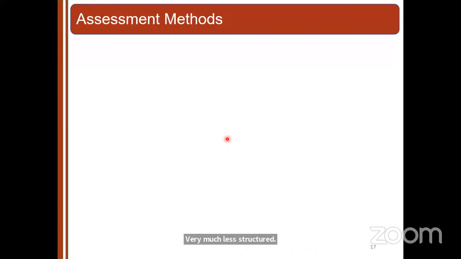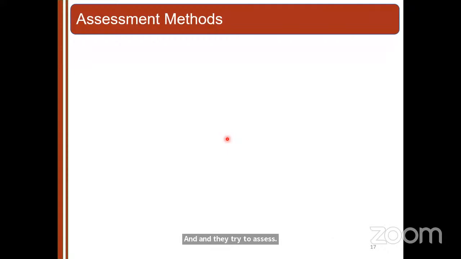I'll tell you what summative is. Summative assessment is what you do as a summation, that means at the end of the course. These are very much formal. These are very much centralized. And they talk more about the knowledge that you gain from a particular course, and they try to assess you on the proficiency part. So these summative assessments are more structured and more formal, and generally they include the final assessment test.